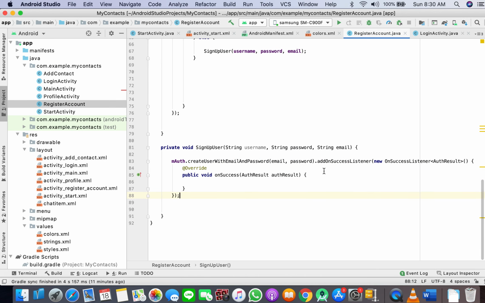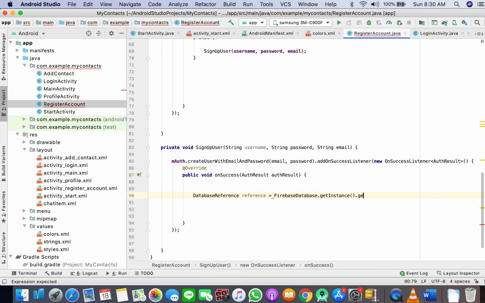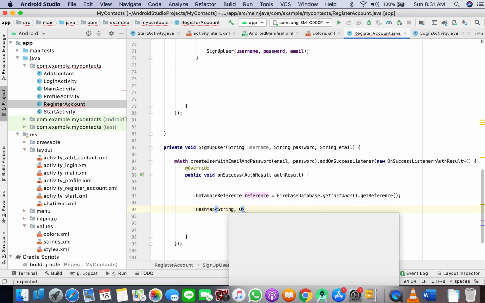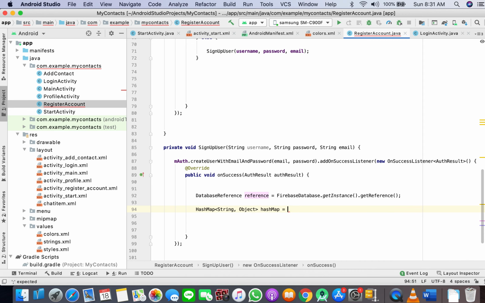Perfect. Now our user has been registered, and what we will do here is we will take a database reference, Firebase database, get instance, get reference. Okay, reference, and we will create a hash map here, object hash map, and new hash map